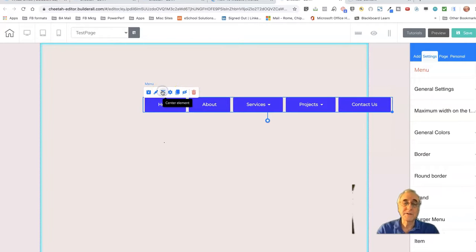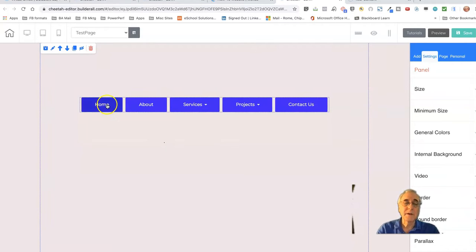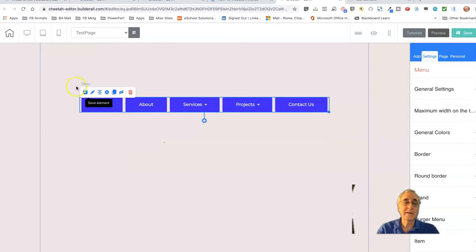I can center it. And let's take a look, because underneath some of these choices are submenus, which you may or may not want. So as with other elements in Cheetah, to make changes, click on the element and a little menu shows up, and you can see over here it says it's a menu for menus, and over here menu. And now the important bit is the fourth item, configure items. Click on that,